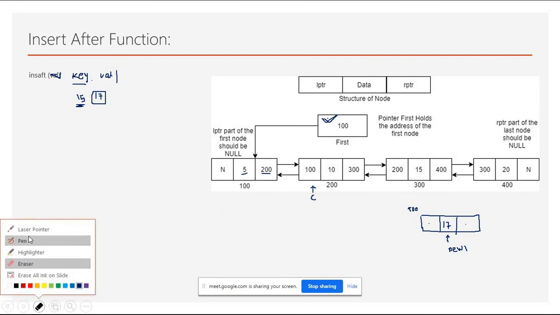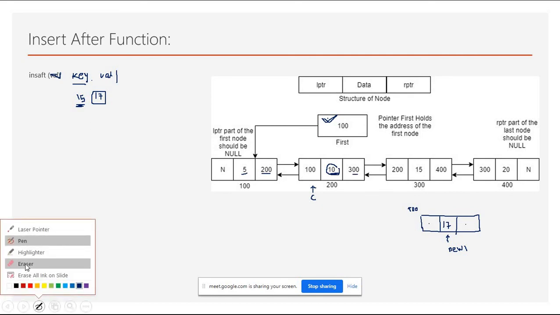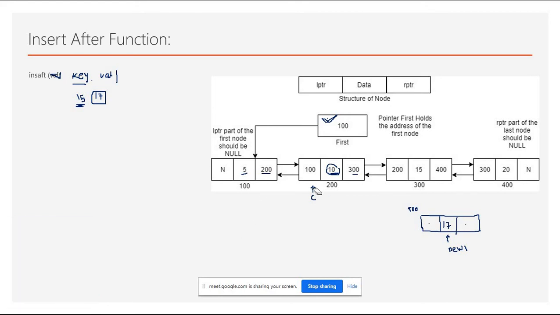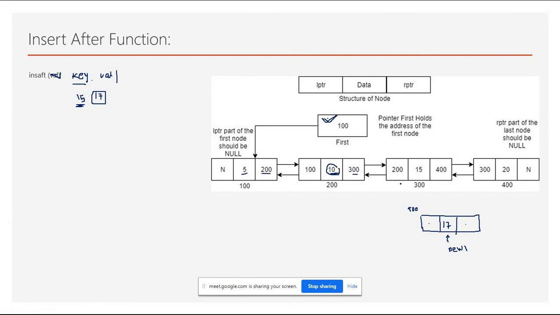Again what we are doing is, we are just checking whether this current data part is equal to the key. So no, key is 15. In the data part of the current, what we have is 10. So again the next part you just assign to the current pointer. So your current pointer will just come here on the 300, right? Now your current pointer is here, right? This is your current pointer.